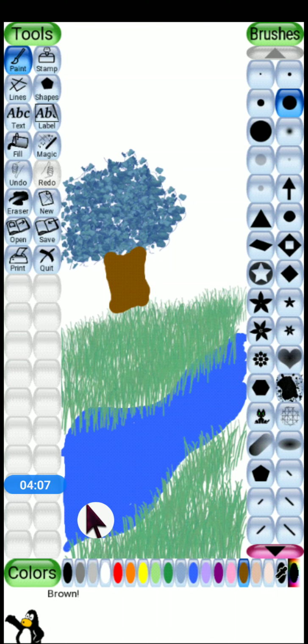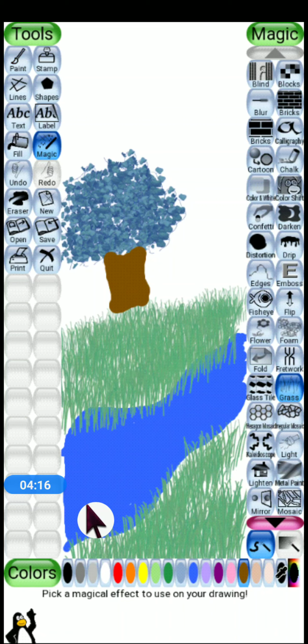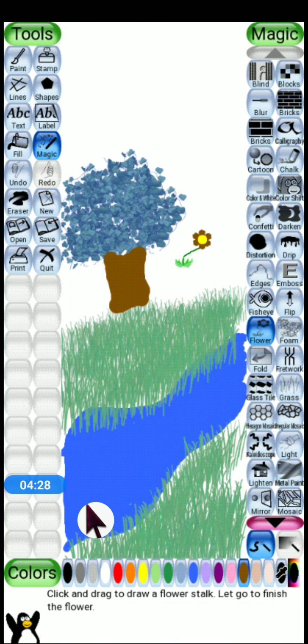Now some more magical effects I am going to apply, and it is going to make the scenery more beautiful. Click on magic tool. Now flowers also you want? Very nice. So click on magic tool and see flowers. Wow, so easy, na?